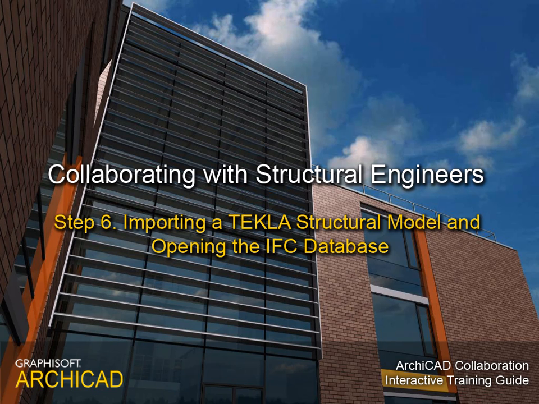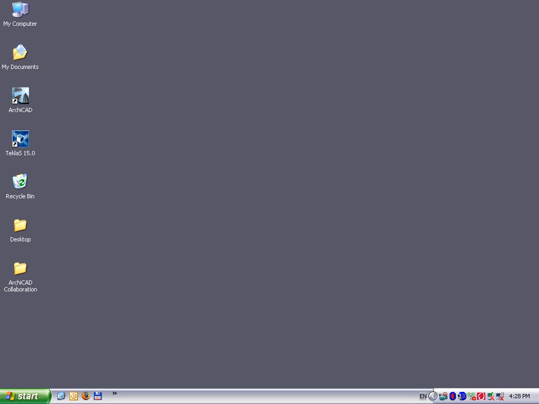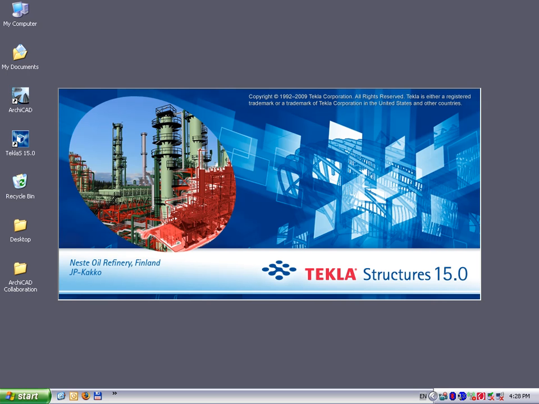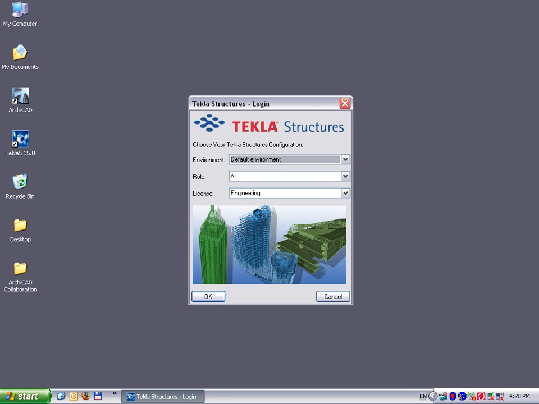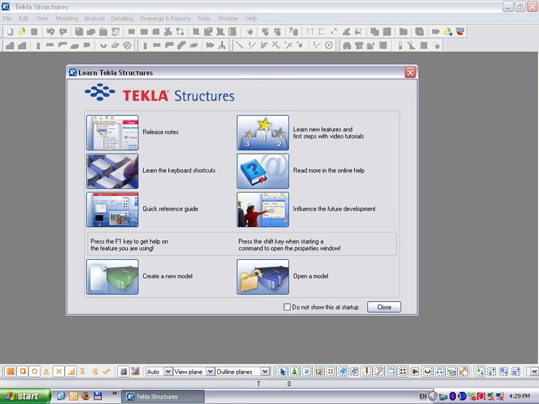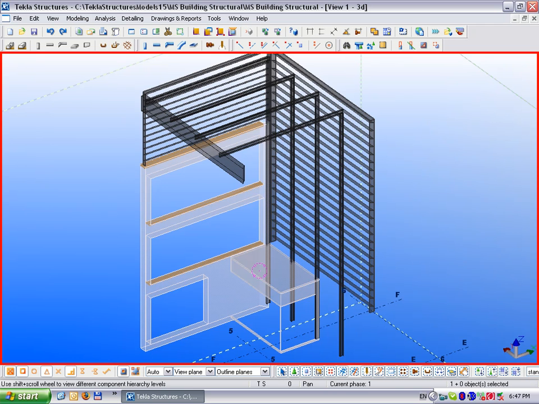Step 6. Importing a TEKLA structural model and opening the IFC database. In this step, we will get a quick overview on how we can exchange building information between ArchiCAD and TEKLA